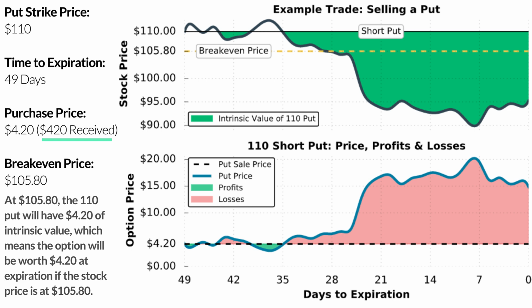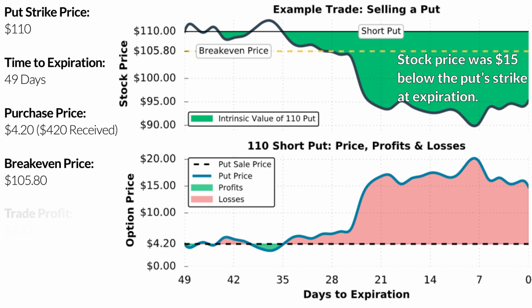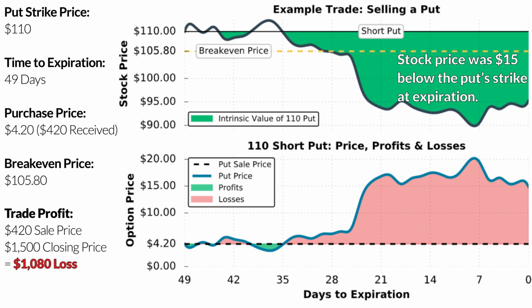Unfortunately, the stock price gapped significantly lower and was about $15 below the put strike price at expiration, and that means the put option was worth about $15 at expiration, since if the put option has $15 of intrinsic value at expiration, that means the put will be worth just about $15, since at expiration, no extrinsic value will exist in the option's price. With an initial sale price of $4.20, an increase in the put's value to $15 translates